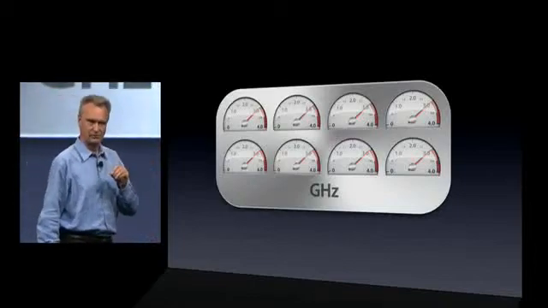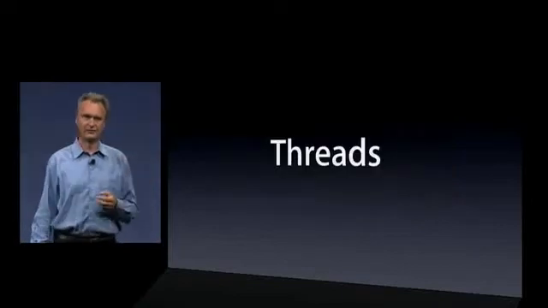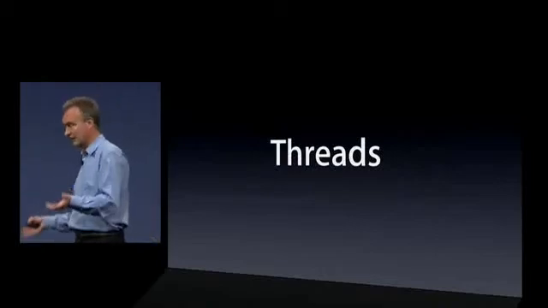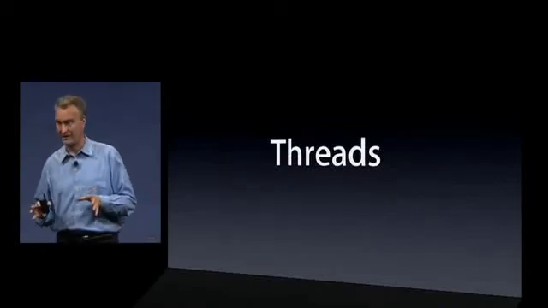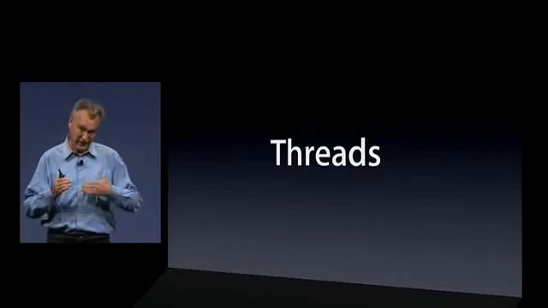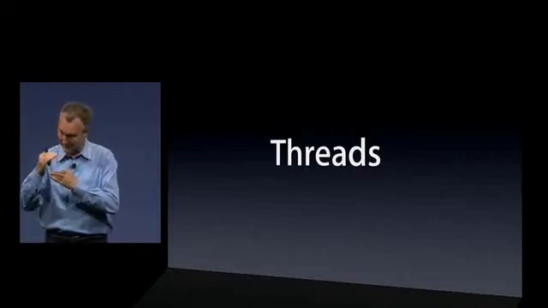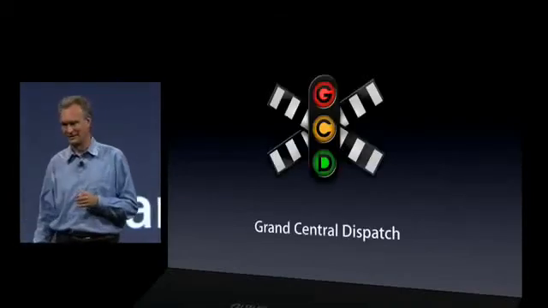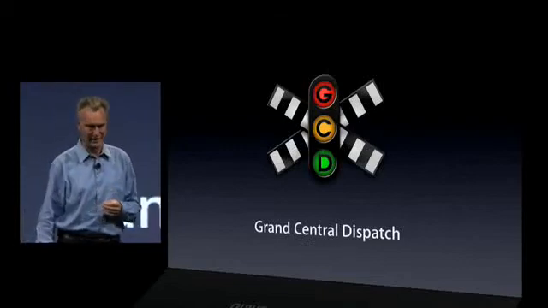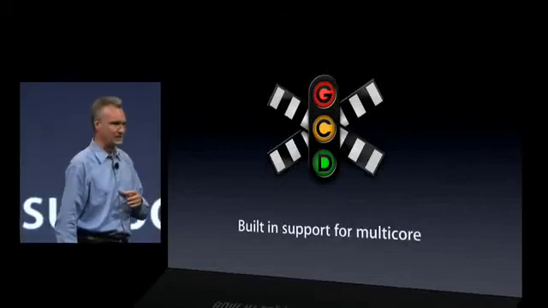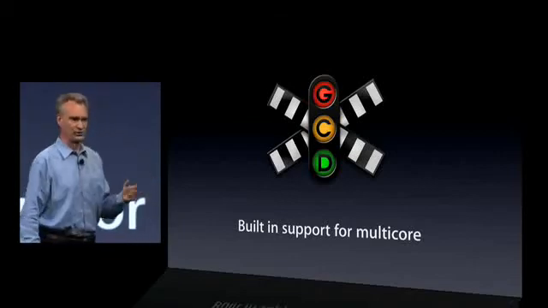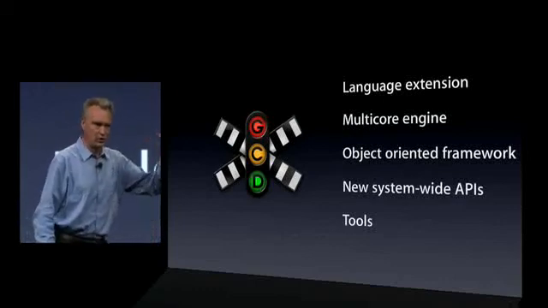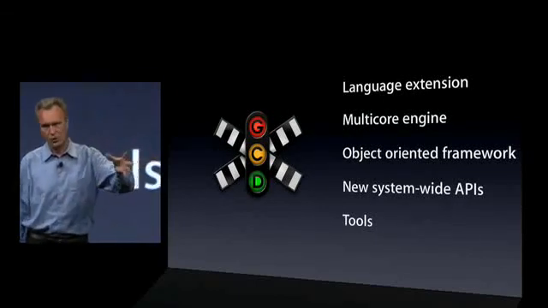But the challenge with multi-cores is how to take advantage of them, how to program them. And the standard answer is threads, multi-threaded programming. But it's really, really hard. And it's also fairly inefficient because you never have quite the right granularity. So we have a solution for this, a new methodology that we call Grand Central Dispatch. It's built-in support for multi-core across all of Snow Leopard. It's very, very comprehensive. All the way from a language extension, low-level libraries that